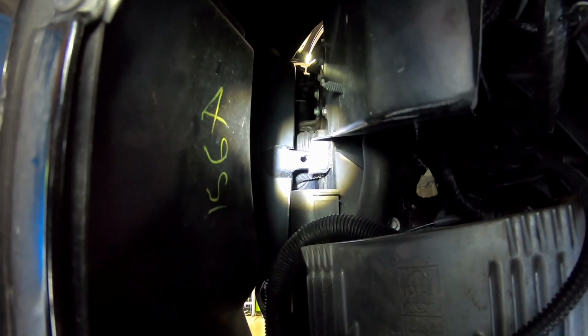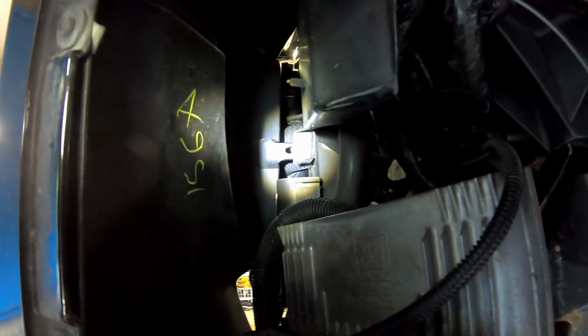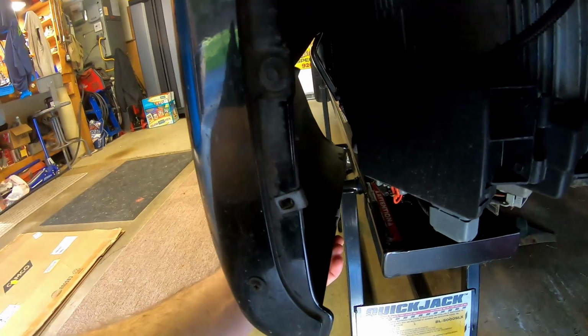And then right there, there's a bolt and a tab in the door jamb, if you will, that's taken out from this side through the fender. So you need a long extension to get to that bolt. And then that lets the fender come loose quite a ways. You can see the gap back there so that you can get to the...